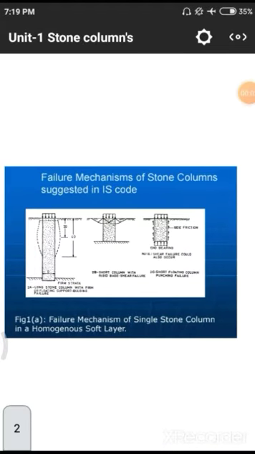In the previous class, we discussed these stone columns. Normally, what is the purpose of a stone column? In which conditions do we need to construct these stone columns to mitigate problems associated with different kinds of land? First of all, we need to note what a stone column is, how it is located in a particular site, what forces act on that stone column, and if there is any load increment, what deflection it will absorb.